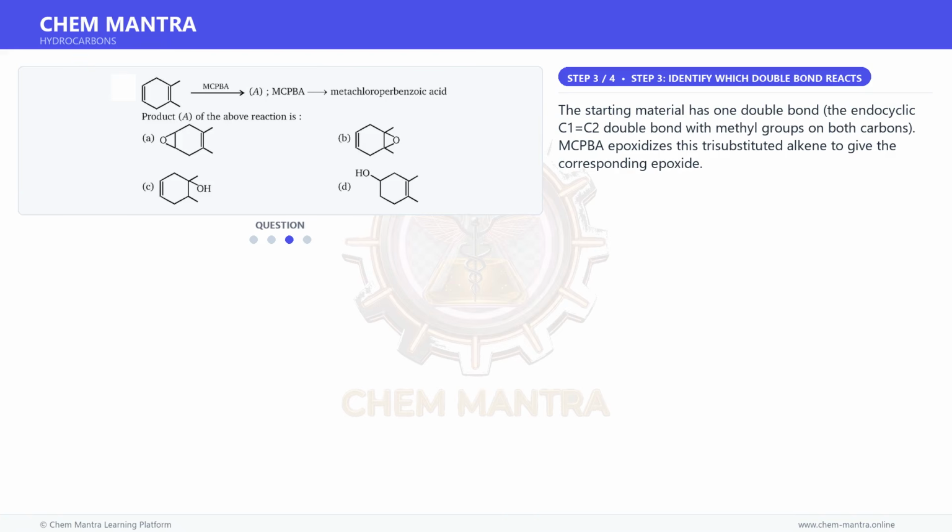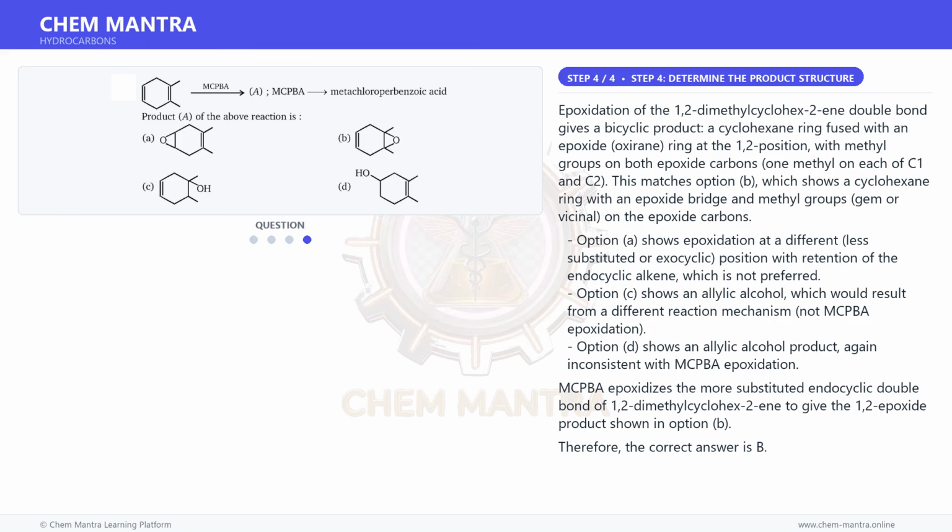The starting material has one double bond, the endocyclic C1=C2 double bond with methyl groups on both carbons. MCPBA epoxidizes this alkene to give the corresponding epoxide. And for the final step, epoxidation of the 1,2-dimethylcyclohexene double bond gives a bicyclic product, a cyclohexane ring fused